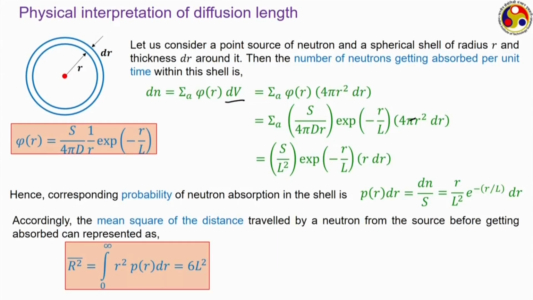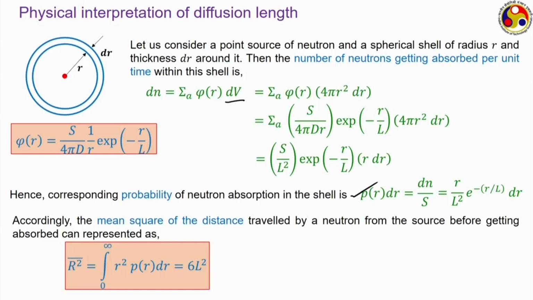So, taking the mean of that square distance, that should be equal to integral 0 to infinity R square P(r) dr, as r can be of any value from 0 to infinity, and here if you put the expression for P(r) dr, you are going to get this to be equal to 6 L